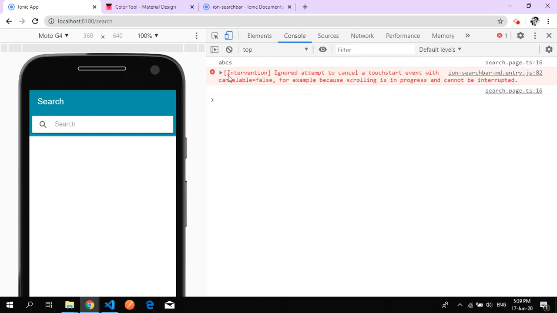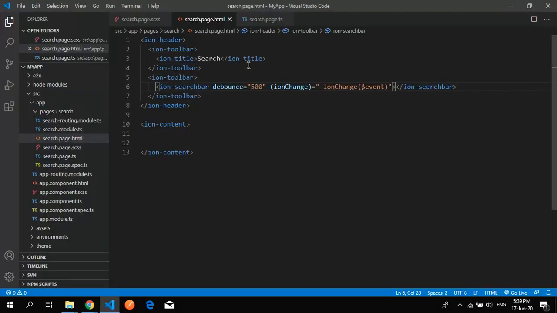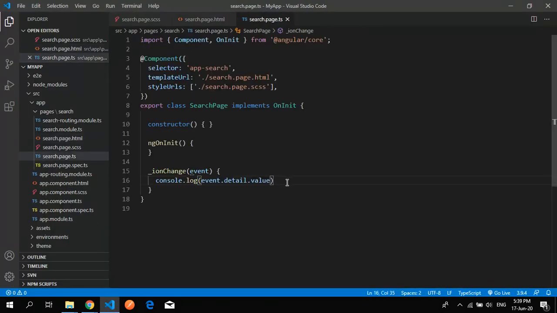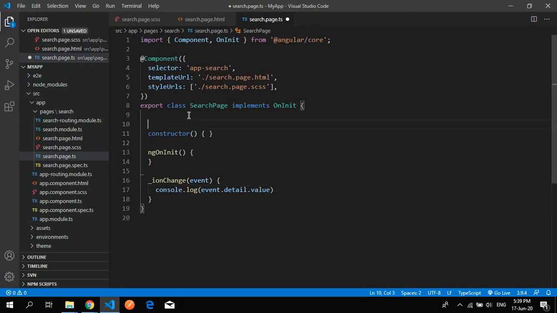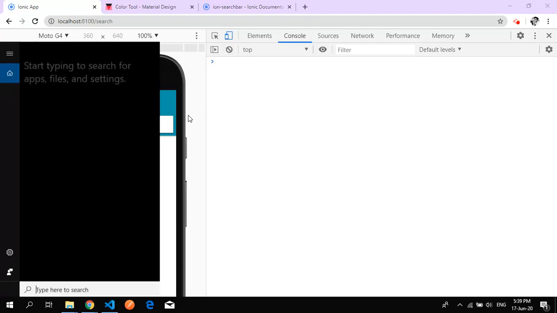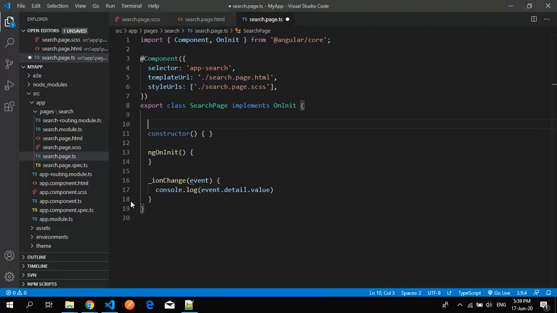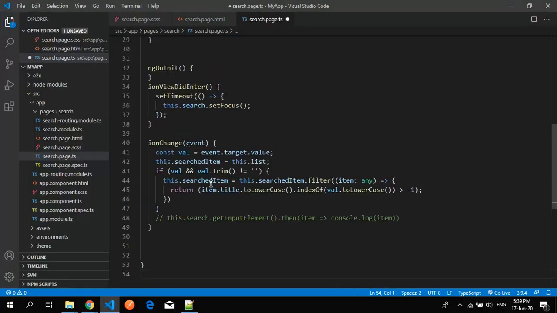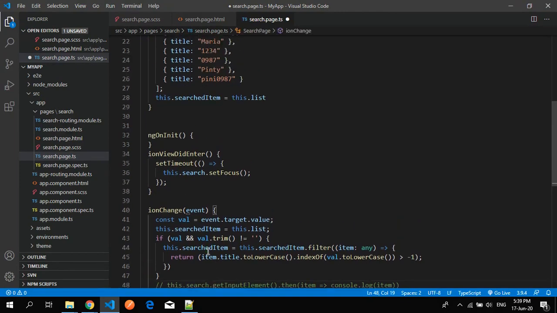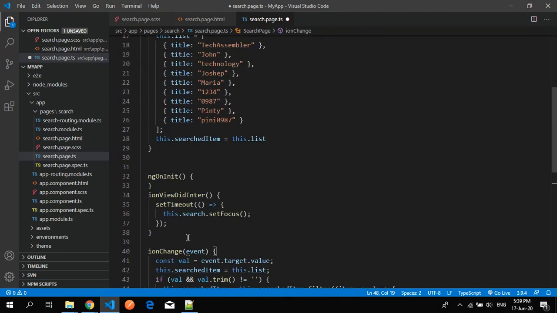Okay, so now how to implement ion search. So this is the one thing to get the text from the HTML, and here we use a few things that I already copied in my notepad. Okay, so I will just describe to you what it means. Just copy all the things. Okay, and here we have. So I used a function called